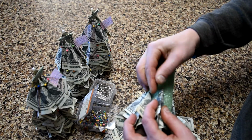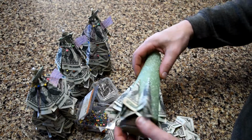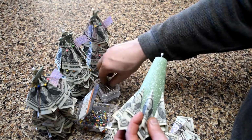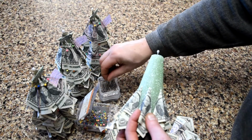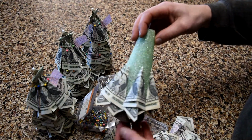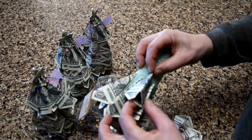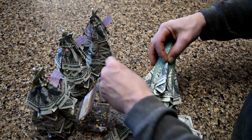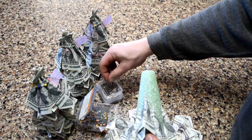Total cost for a project like this, I think the cones were like $3. The yarn, I think, was like $1.99 for the brown roll. Each box of pins, there are 2 sets of pins, I think was $2.99 a piece. So supply-wise, with the 2 boxes of pins, I think I had 8 cones. And the bills, which was, like I said, between about $25 and $50 a tree, I probably spent several $100s